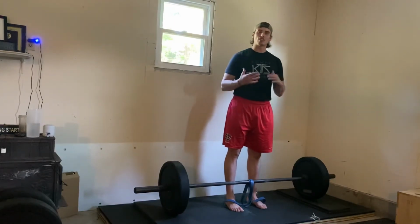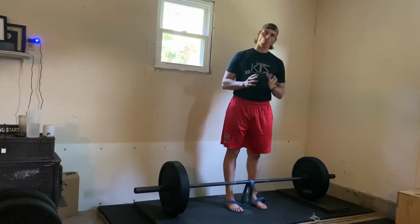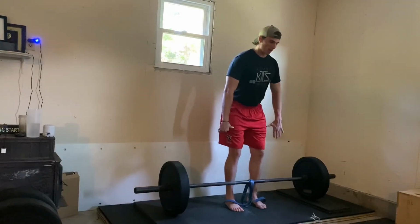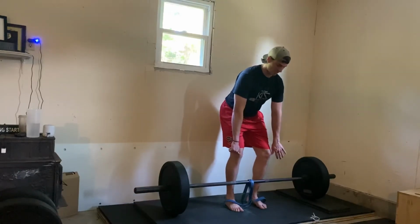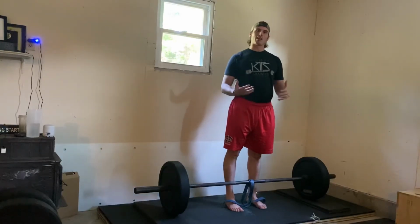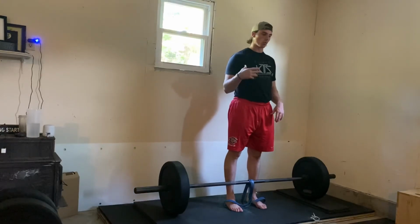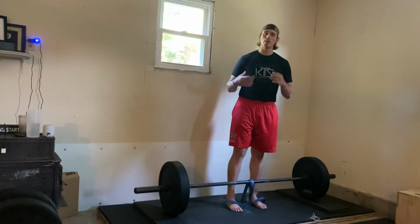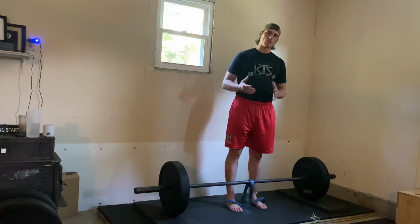I highly suggest working on that technique during your warm-up sets and really trying to hone in on the positioning of bringing your hips back, dragging the barbell down your thighs, and then once it passes your knees, bending the knees. There are just a couple things to really focus on, especially in the lighter sets. And especially as you get heavier, maintain that technique and form. If your form is breaking down on that heavier load,